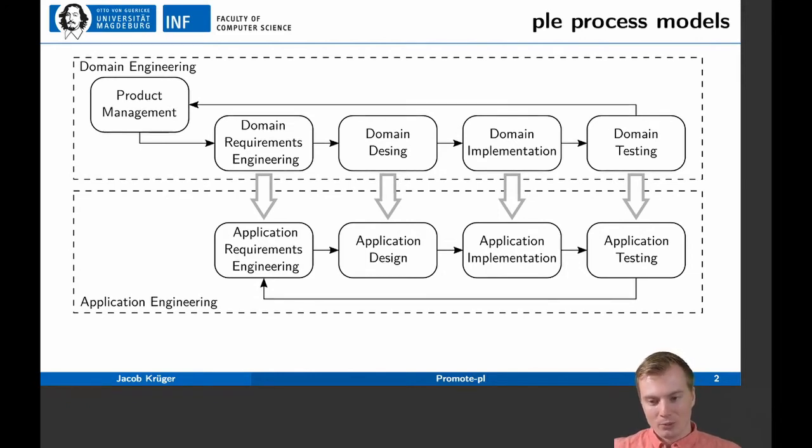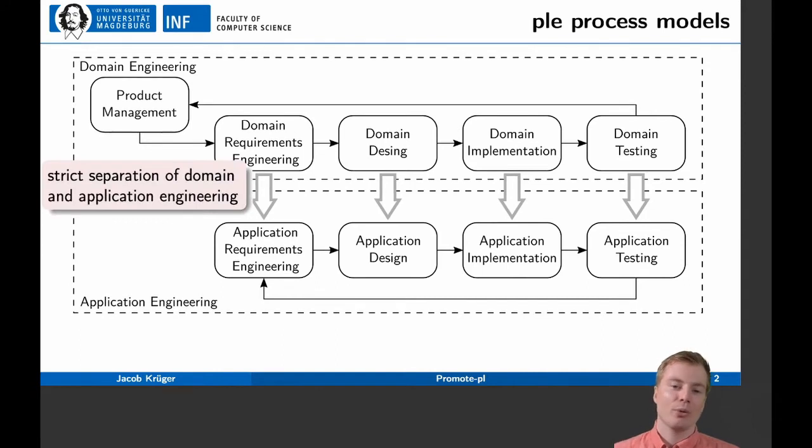However, as said, those process models are rather old, and they are most likely not anymore in line with current practices of how product line engineering happens in practice. That is mainly due to the fact that they are not updated with advances in research and with modern technologies in software engineering. So just to give some examples that we found in the literature and that we experienced in practice and collaborations, the strict separation that exists in those models between domain and application engineering does not really reflect